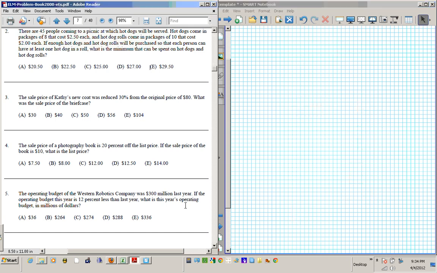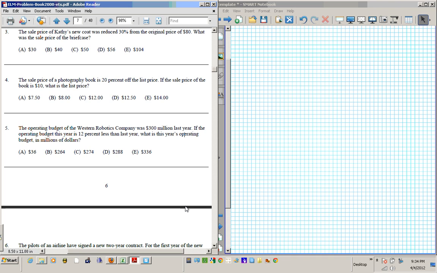Scroll that up a little bit so you can see. It says the operating budget of Western Robotics Company was $300 million last year. If the operating budget this year is 12% less than last year, what is the remaining budget in dollars? Okay, so the remaining,